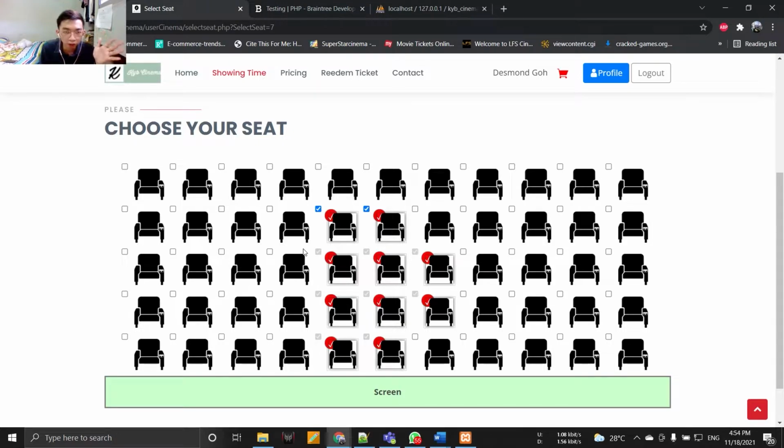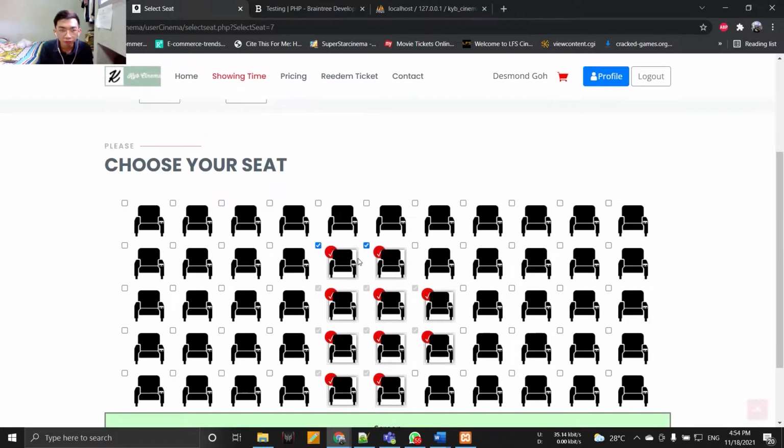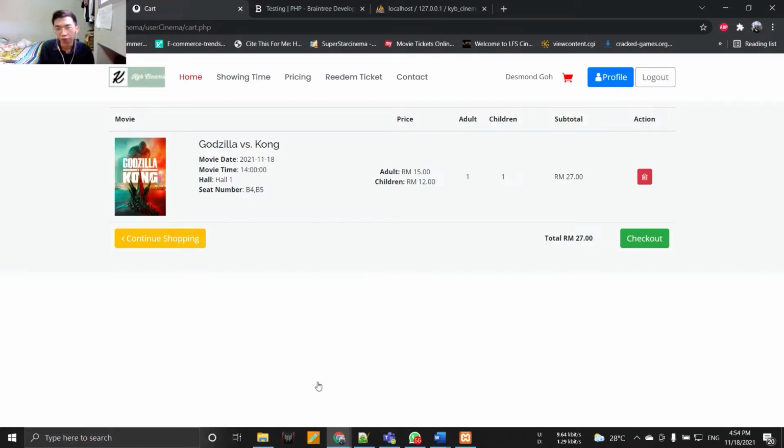If they could go to the cinema to view the movie, then they could go directly to the cinema and then go to their seat to view. This is why I say that they could use it when the cinema is open back, and if the cinema is not open, they still could select all the seats and then watch online all the movies they booked. Okay, then here we could confirm and submit, and here we could see the total price of the ticket, and then we could check out,